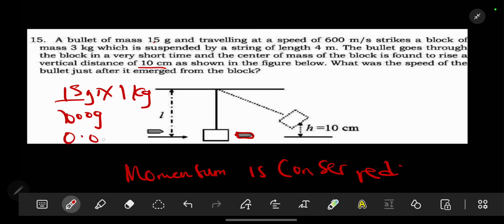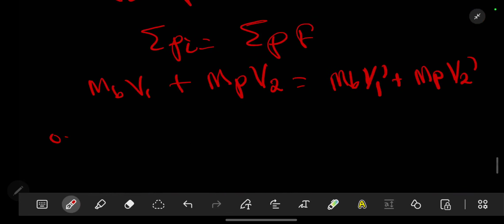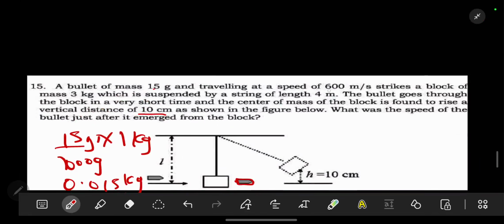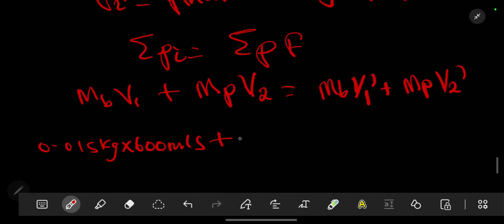So this will give you 0.015 kg. So you are going to have 0.015 kg times our velocity number 1. Our velocity number 1 is equal to that of the bullet, which is 600 meters per second, according to what we have been told. Then we have plus the mass of the pendulum. We are told that it's 3 kg times, at first it was at rest, so it's 0 meters per second,